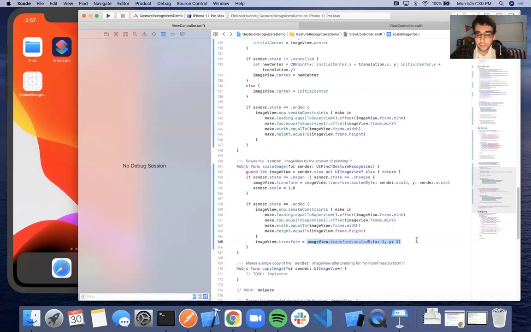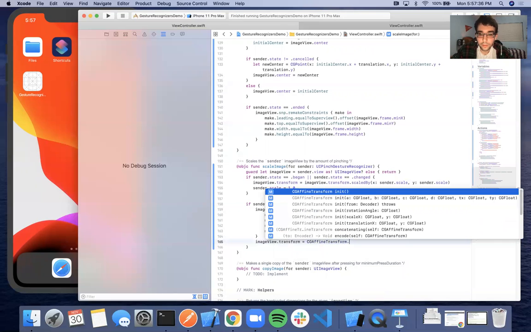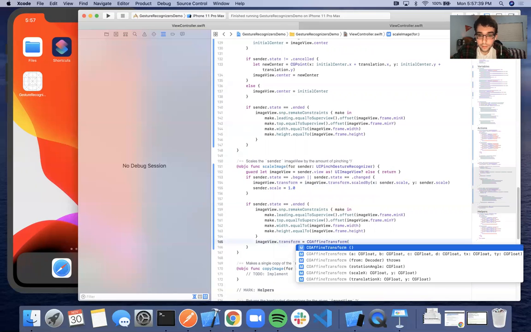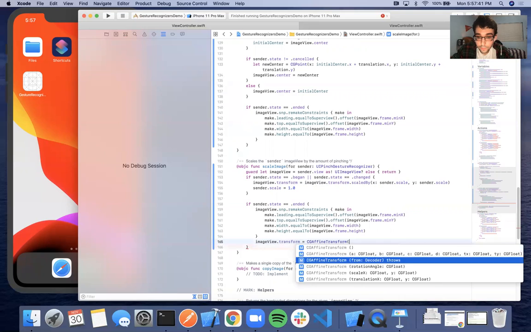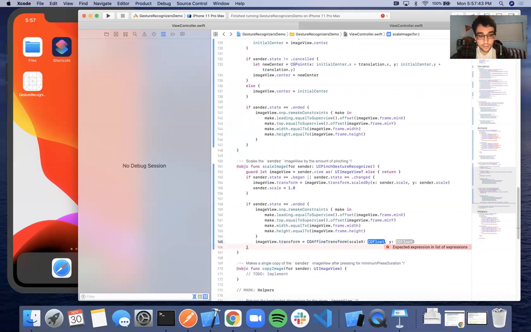Instead of scaling it by 1, let's try actually doing the CGAffineTransform way, and let's actually set its transform to 1, 1. So this transform, it's just a 3x3 matrix. Not very important, but you have